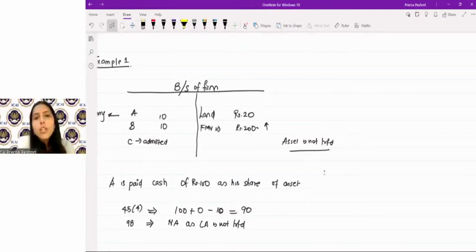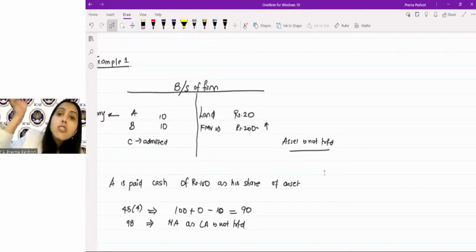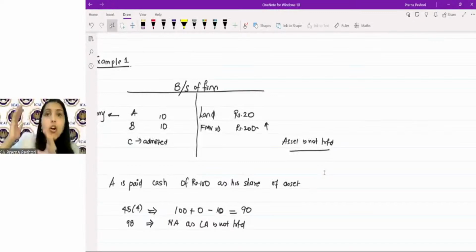So ideally, when should the firm have been taxed? When the firm will transfer the land. When the firm will sell the land, it will realize the capital gain, it should be taxed then. But by virtue of 45(4), the firm is taxed today on that appreciation because of the partner's liability getting taxed in the hands of the firm. So there is preponement of liability. Clear? There is preponement of liability, and to that extent 48.3 says that tomorrow when you will sell the asset,